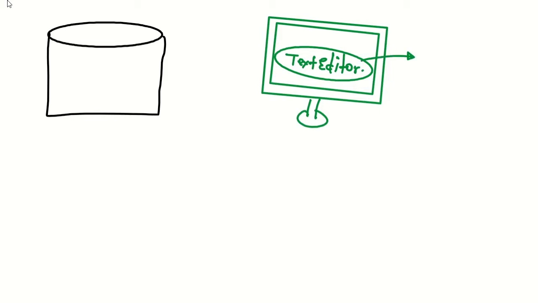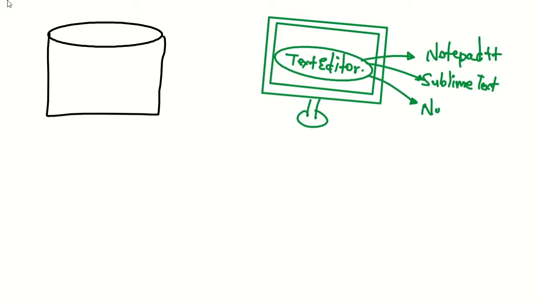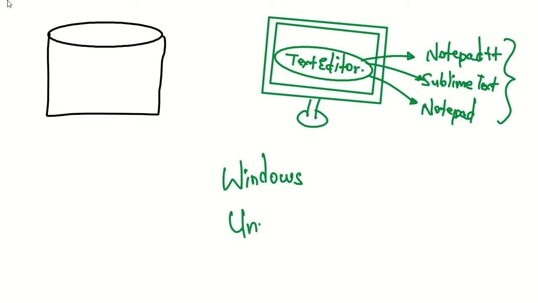I'll recommend you go for Notepad++ or Sublime Text Editor. You can use Notepad, of course. If you are working on the Windows operating system, then these three are what I'm going to prefer. I'll make a separate video on how to set up your development environment on Windows. Then the next video will be for any Unix based operating system, that means if you are using Linux or Mac.